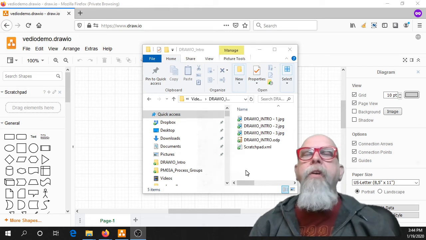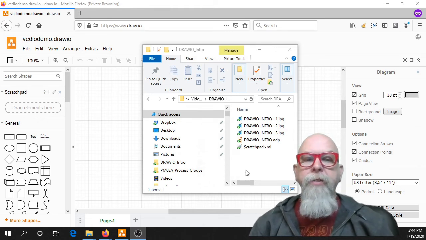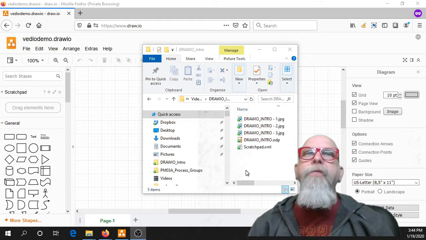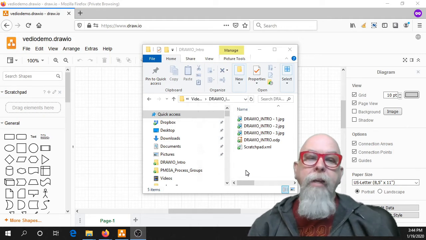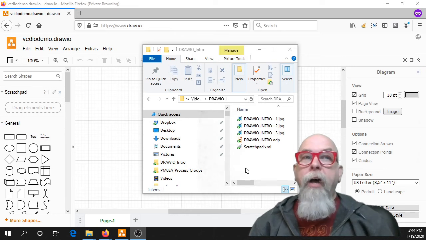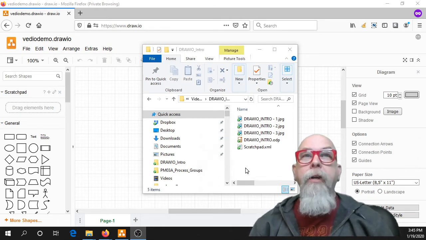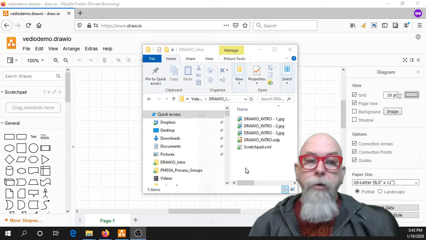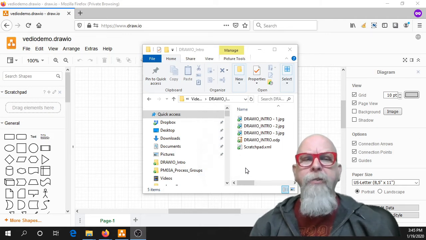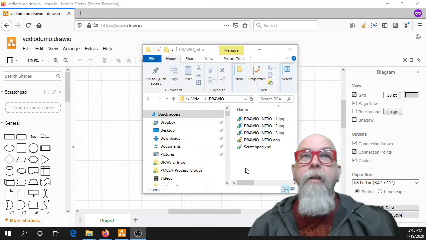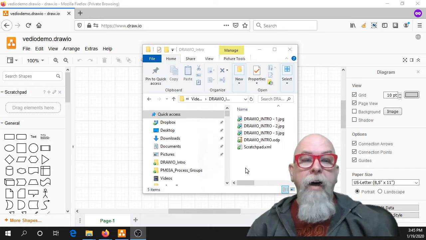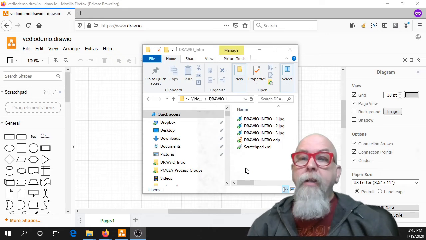If you're taking one of my courses, there are a bunch of common symbols that I would like you to use for consistency purposes in your homework and other assignments. You will find those symbols in the scratchpad.xml file, which you will find in the Blackboard site for your class, usually under Files. Now, I've downloaded that scratchpad.xml file, and to load it into Drawio